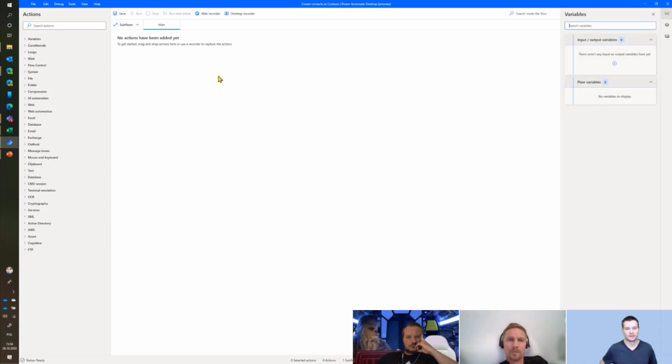So now the process I just wanted to show you is quite simple. The idea is that the user receives an email, and the email contains an Excel file which holds records, the contact records, contact data. And then this data has to be saved into this Contoso invoicing application.